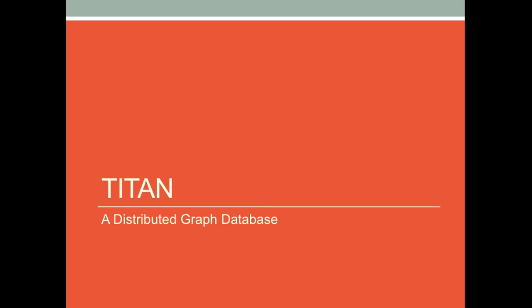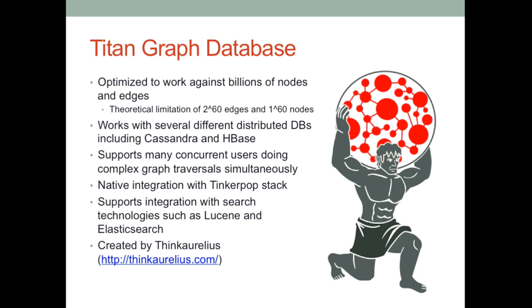All right, so Titan. Hopefully people came here for Titan as well. I did some proof of concept work with this. Titan came onto the graph scene from a different angle. They've been all about distributed backends, right? The line that they keep putting out there, and I've seen demonstrations where they're doing that, is that it can be optimized to work against millions, billions of nodes and edges. It's distributed, so you can build up your backend cluster to support what your needs are. They say they have theoretical limitations, but they're pretty ridiculous.